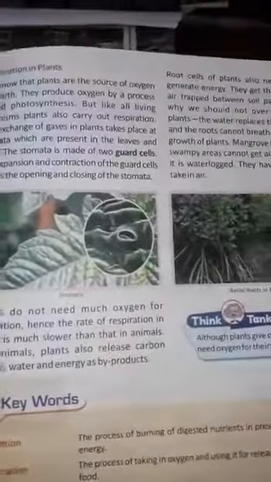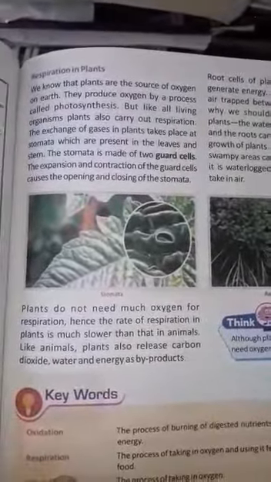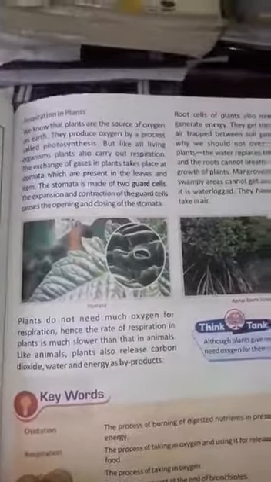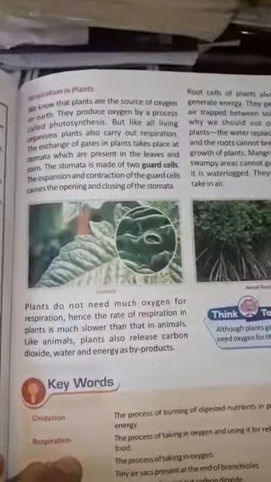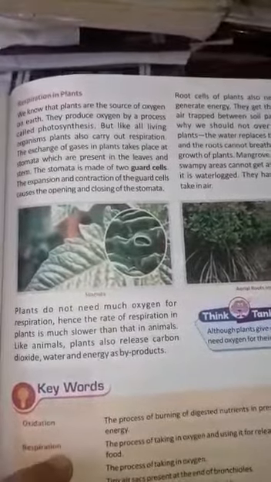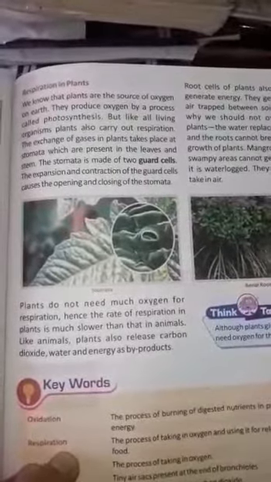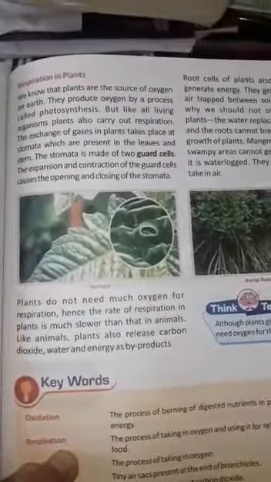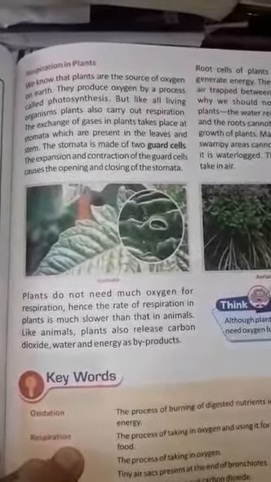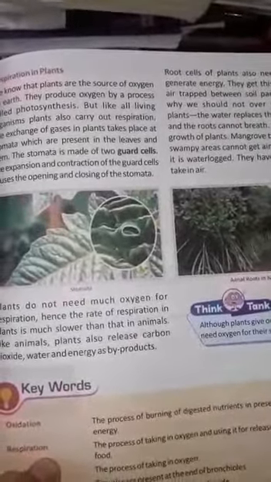Now, respiration in plants. As you know, plants are the source of oxygen on the earth's surface. They have a tremendous power to produce oxygen. They produce oxygen by the process called photosynthesis, but like all living organisms, plants also carry out respiration. Because plants are also living, they show the basic characteristics of living organisms. The exchange of gases in plants takes place at the